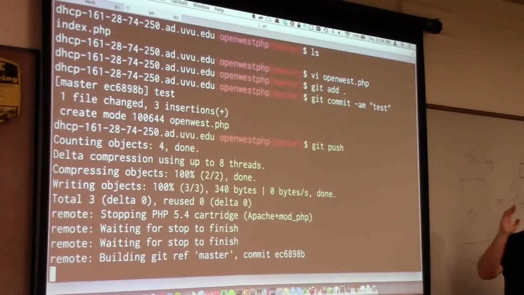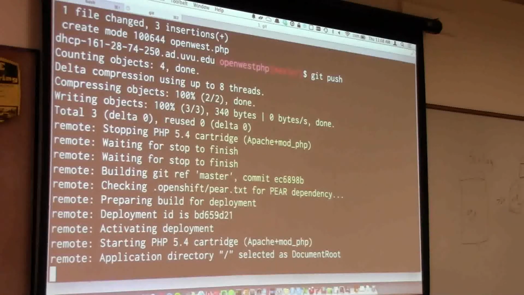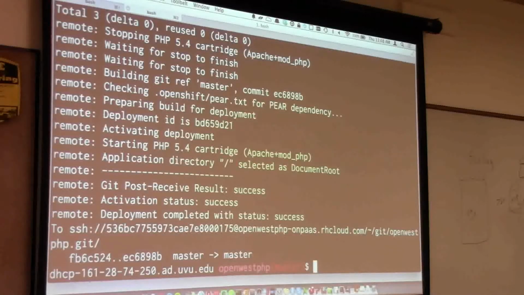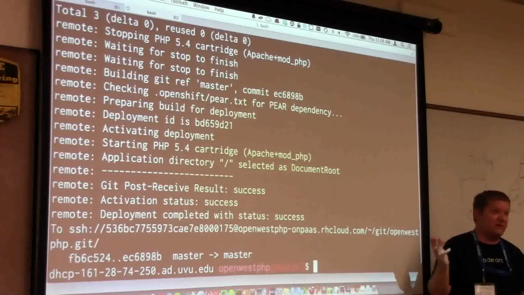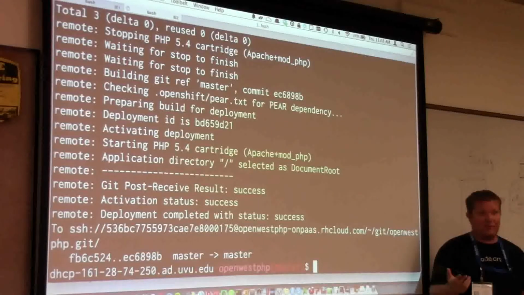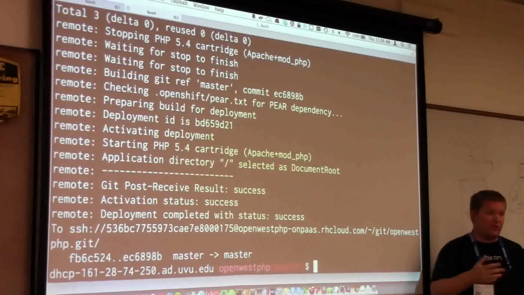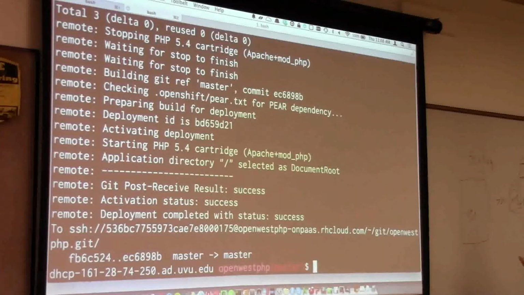And the workflow is basically the same with Cloud Foundry as well. So it's activating my deployment. What that means is whenever you do a deployment, we actually track that. And you can revert to any previous deployment at any point in time with a single command. You can roll back. You can keep as many deployments as you want. If you push a code change out and you realize there's a bug in it that has to be resolved, you can just roll back in like 2 seconds or something like that. So we do track all of that, including binary deployments.